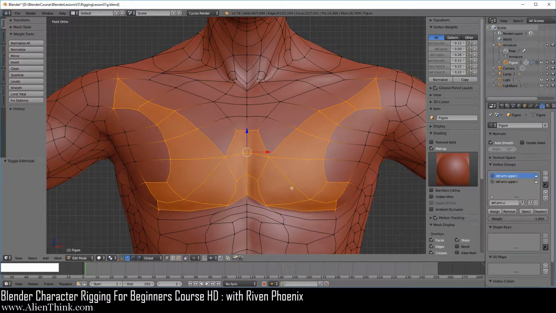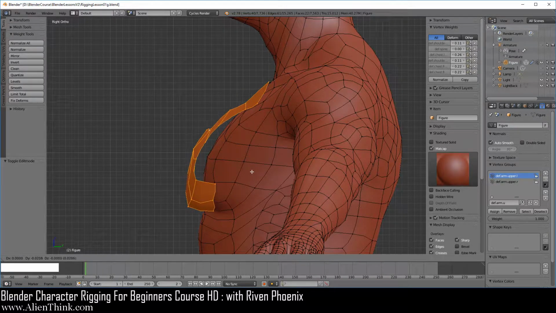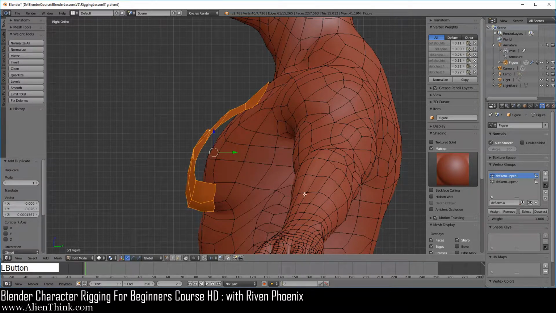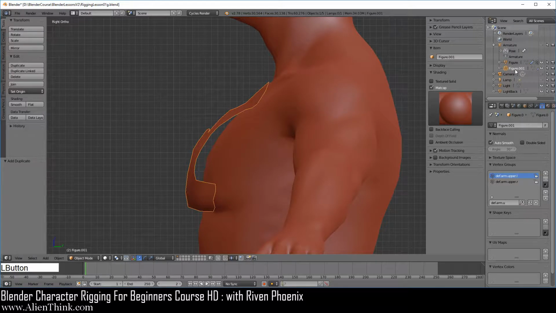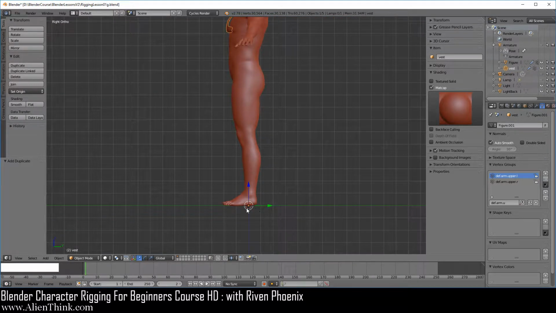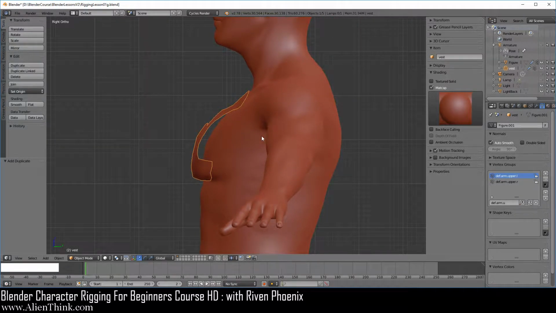Okay. Now we're going to extract this object from the figure. Press the 3 key to go to the right view, do Shift D to duplicate it, and just move it kind of close over here. Now press the P key and then do separate by selection, and then go ahead and click on this new object, which is now this. Go ahead and double click this and type in vest and press the enter key. Notice that when we extracted this, its origin point is exactly in the same place as the figure. This is a key concept to use vertex transfer weights.